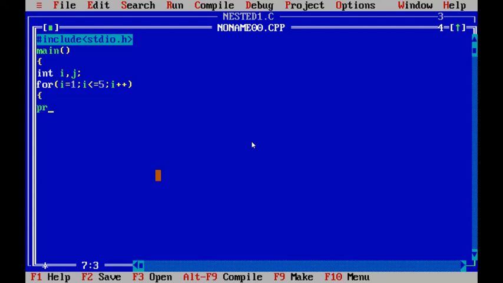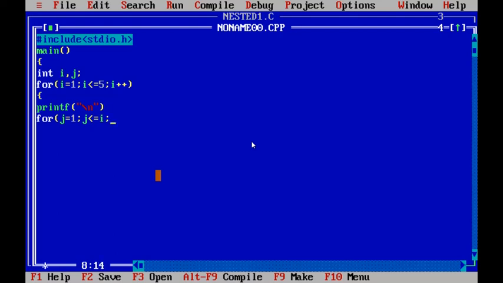Inside the loop we are writing the printf double quotes backslash n. To get a new line we are using this one. For j is equal to 1 semicolon j less than or equals to i.